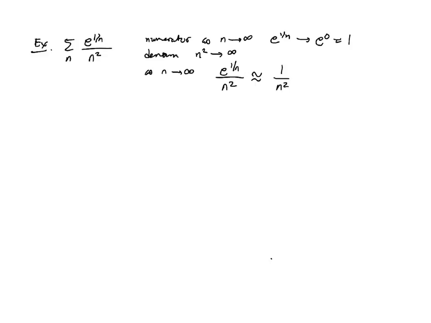Okay? And so what that tells you is that you might be in a good position to use either the comparison test or the limit comparison test. Personally, I would use the comparison test with the summation of e over n squared. This one converges because it's a multiple of a p-series with p equals 2, and if you do a direct comparison, you can conclude that the original series